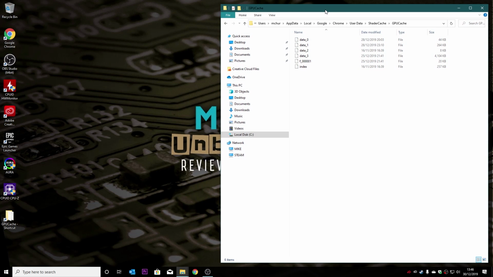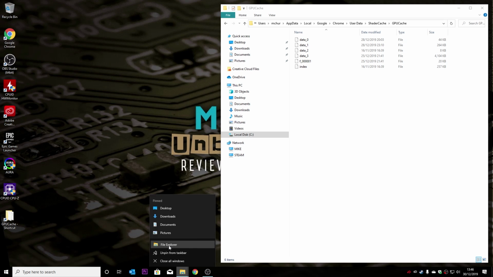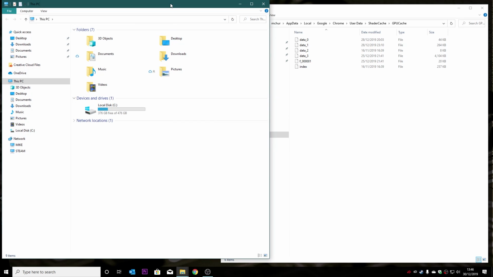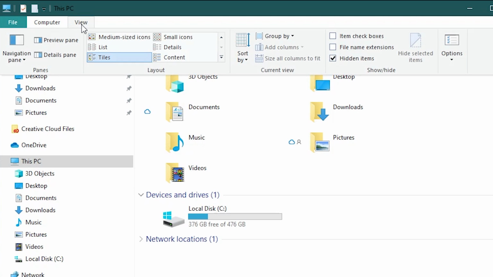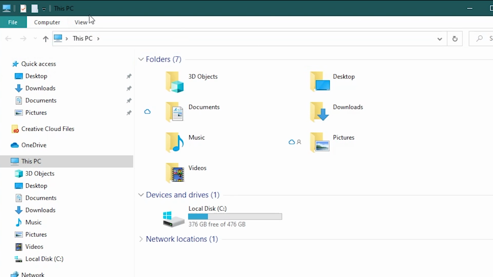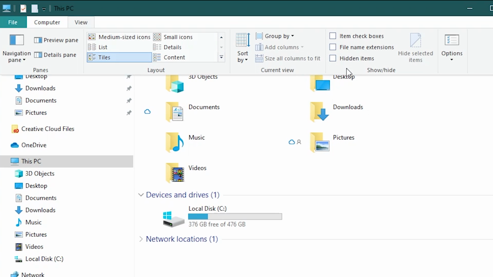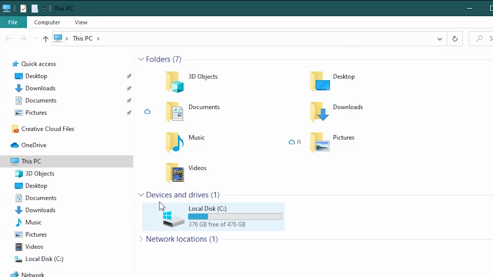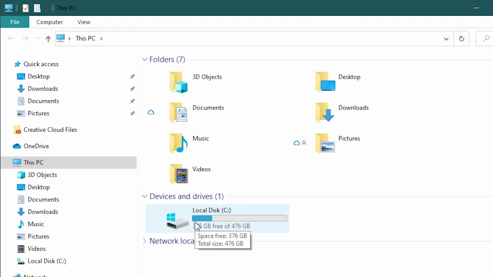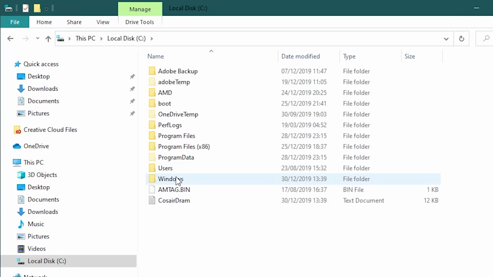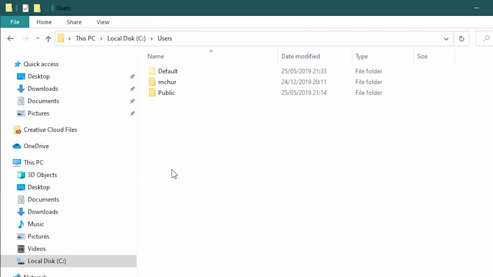So let's show you now how to get to that folder. To start off afresh, if we open up File Explorer and go into the main C drive, actually before you do that, make sure you go on View at the top here and click on Hidden Items. If you don't have hidden files shown, you won't be able to find it, so make sure you've got hidden files ticked. So then we go into our C drive, and then we go into Users, then into your specific profile,